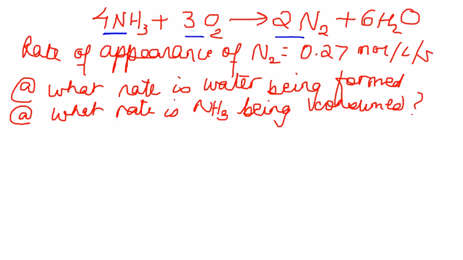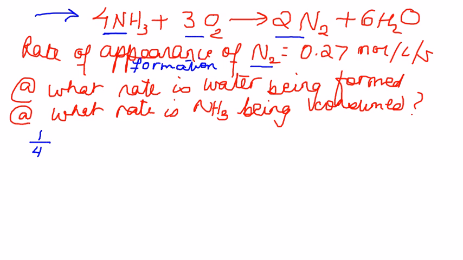The question states that the rate of appearance of N2, or rate of formation of N2, is 0.27 moles per liter per second. So if that is true, then what rate is water being formed? And what is the rate of ammonia that would be consumed? So a couple of things here. Hopefully you can realize that this is a balanced equation, and for a balanced equation you can write down that